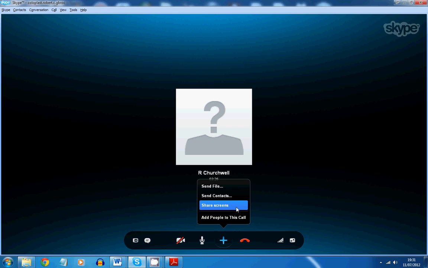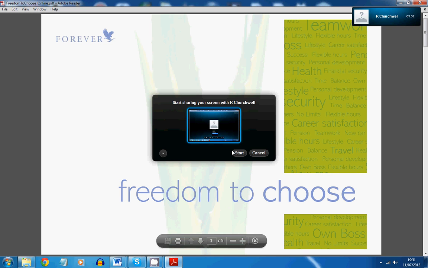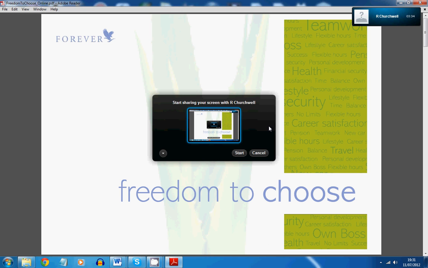The tool that I want to show you this evening though is this share screens. So if we click this, Skype will disappear and we'll have a different box come up. Now what this will allow us to do, if I was to hit start now, it would just share my whole computer screen, as you can see here, with my contact, which doesn't look particularly professional because we've got a lot of icons down in the bottom